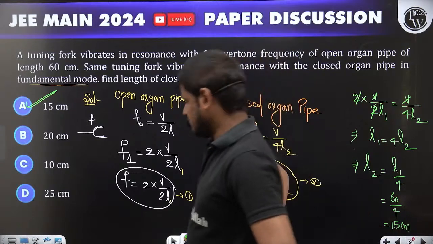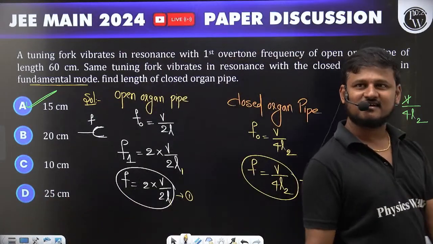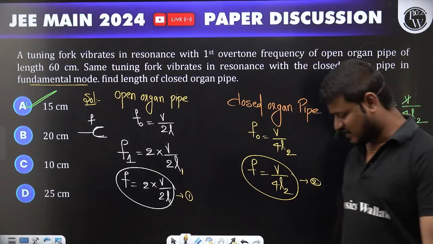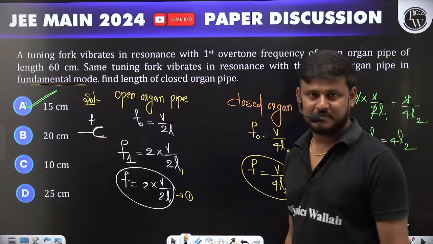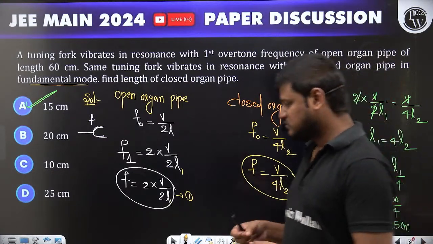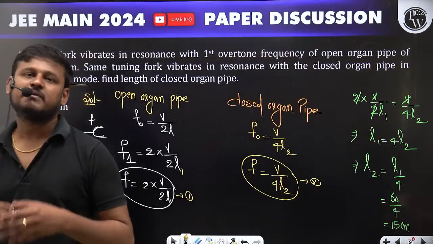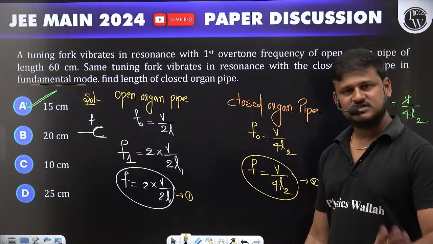See, Lakshmikanta, whether today's second shift will be easy or hard, you just analyze how many shifts have happened. Almost 8 or 9 shifts have happened, right? So you can compare all the 9 shifts of physics papers. Overall the paper is easy only. You can expect the same kind of paper in shift 2 as well today.